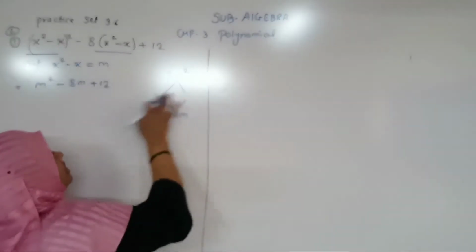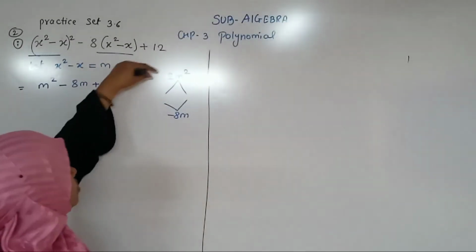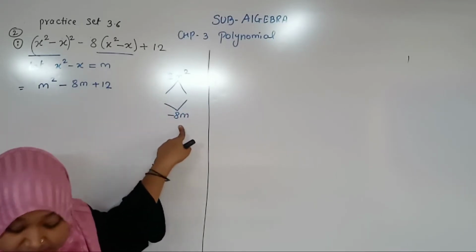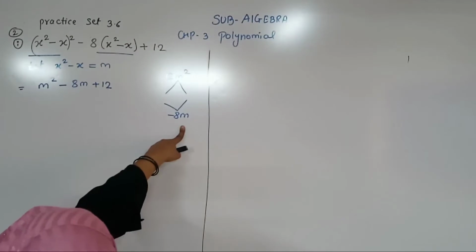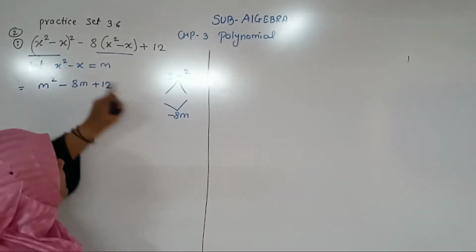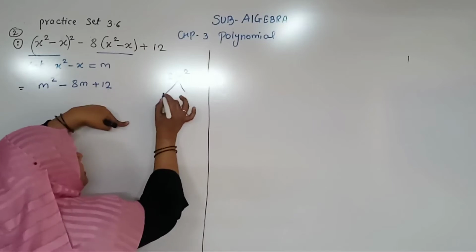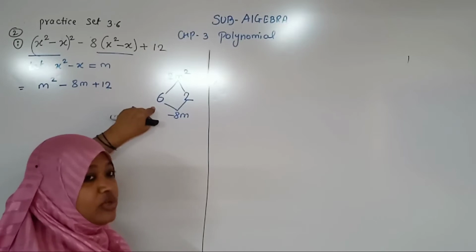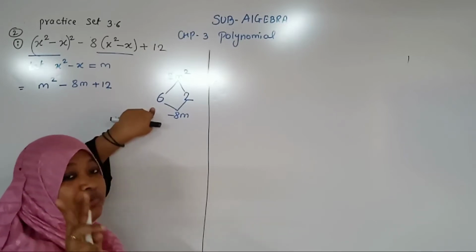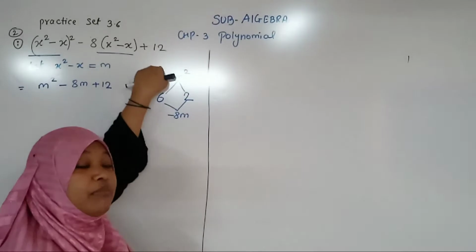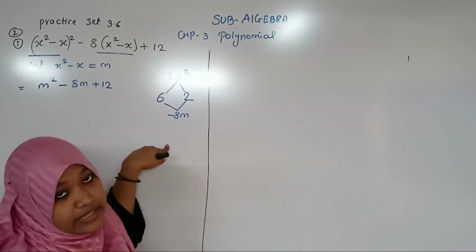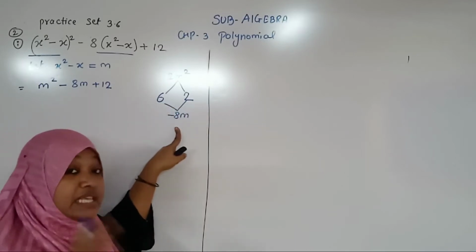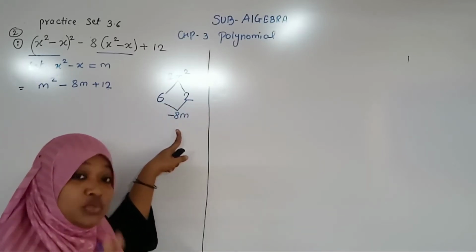Now which numbers should I take to make 12? I want the product 12 and the sum, with minus sign, as 8. Which numbers can we take? Tell me student, which numbers should we take? Should I take 12 and 6, or 6 and 2? 6 twos are 12. We have to take two numbers that multiply to give the product, and the same numbers added should give 8. Understood? 6 twos are 12 and 6 plus 2 I will get 8. See what I am saying? Plus 6 plus 2.